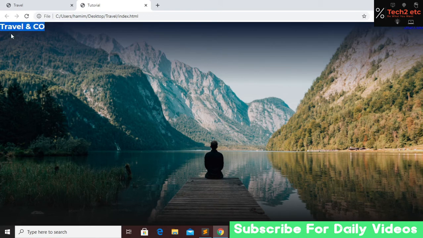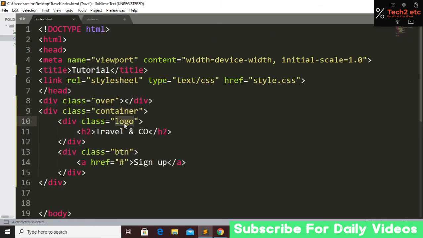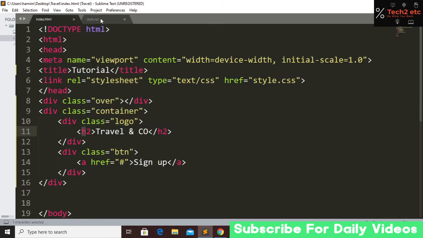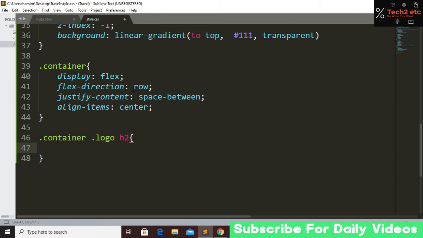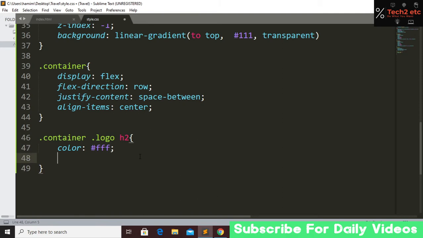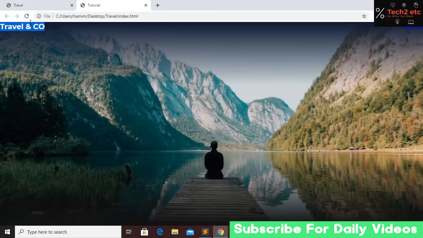Okay, so first I will style our logo, so that's why copy the container class from here, paste it here. Now here from logo copy the logo class and paste it here. Our logo is in h2 tag, so that's why we have to target our h2. That's it. First I will give a color, so that's why it will be white color, and font size will be 1.7 em, and font weight will be bold. That's it. Now save and go our website and refresh. So here you can see that now we have our logo,